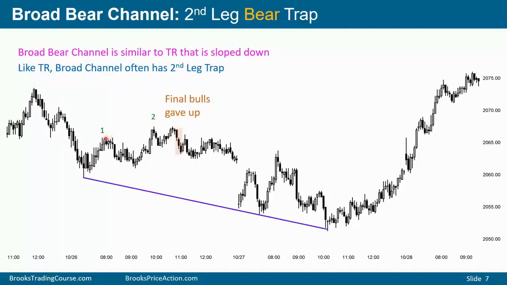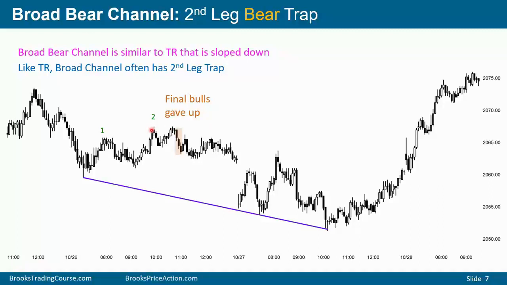For example, we have a rally, and then we have a second leg up to a new high, and it's an even stronger rally. It's a breakout above that high, consecutive bull bars. However, you look to the left, and we're still below the top of what could be a bear trend at this point, and therefore this might be a trap. It's strong enough up so that we might get a second leg up or sideways, 1 pullback 2, and we did. But you got to be careful if you're buying up here.